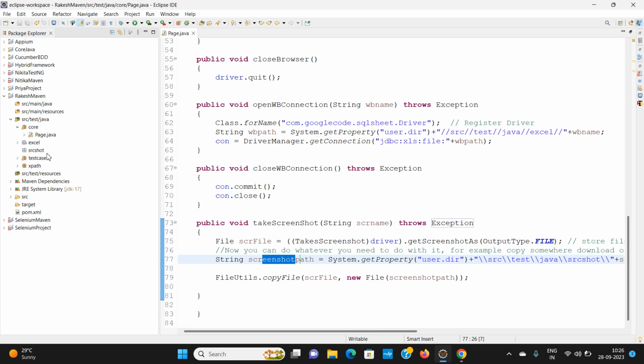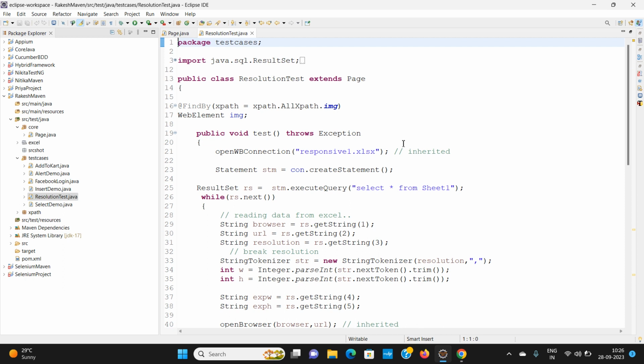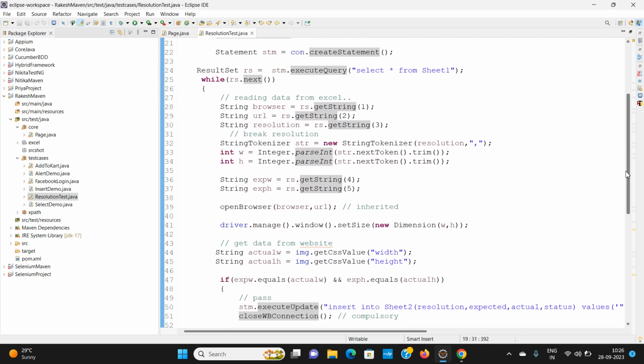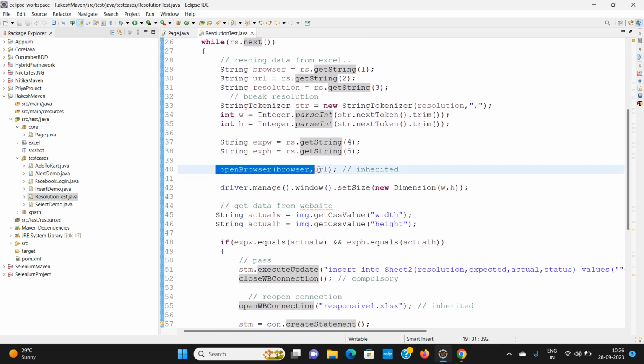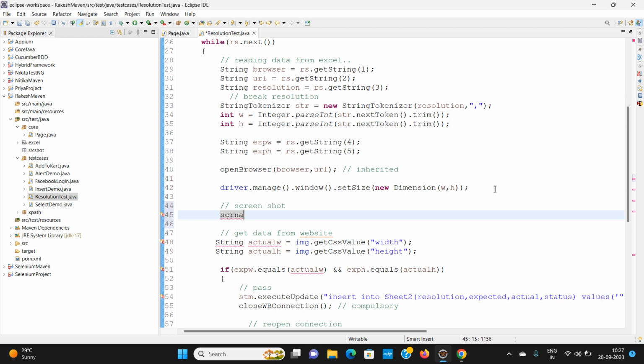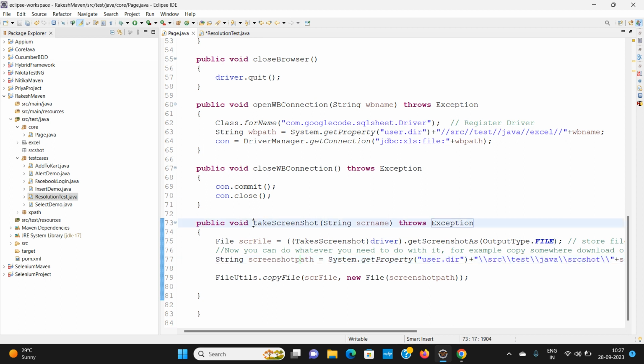Now we'll come back to our program. Here I want to take the screenshot after the browser is open. Same program which we did in our last class. So we are adding it in that particular method, which opens the browser with a different dimension, and then I want to take the screenshot. For taking the screenshot, I will call this method,